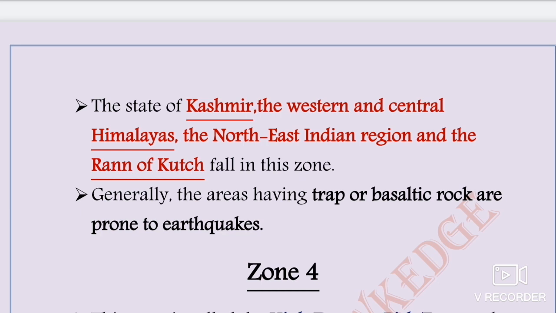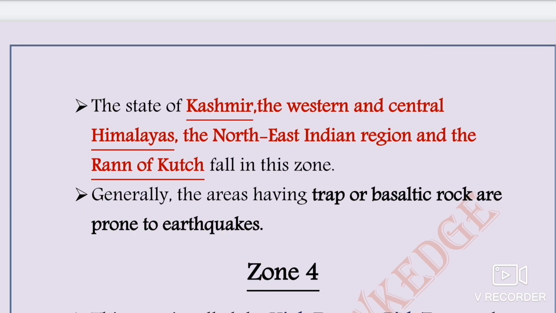So that includes zone 5. And generally the areas having trap or basaltic rocks are prone to earthquakes, especially the Deccan trap part, okay, because the trap or the basaltic rocks are there, that's why that area is prone